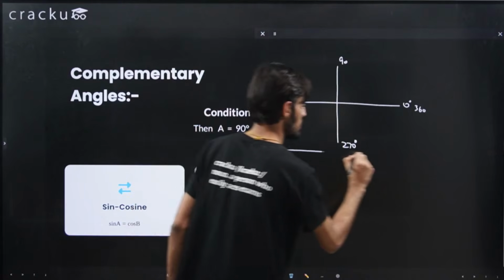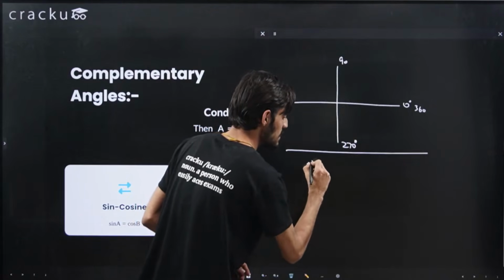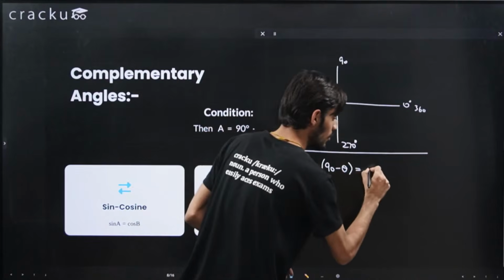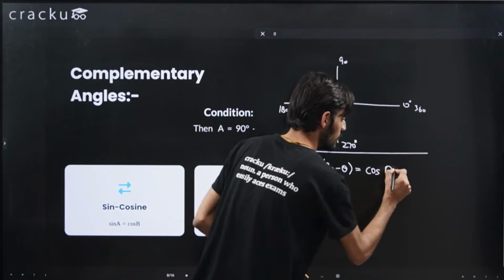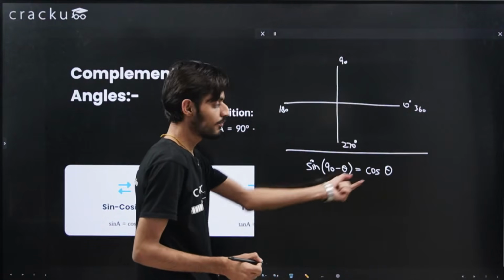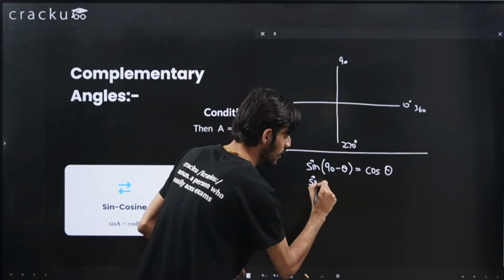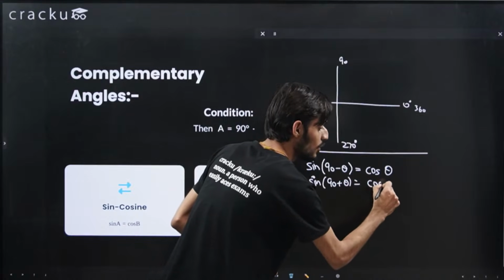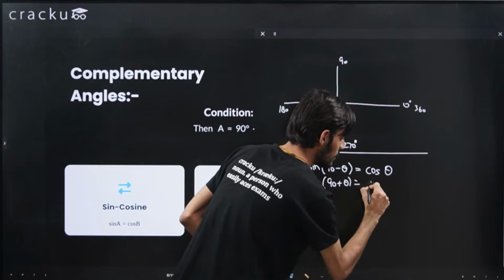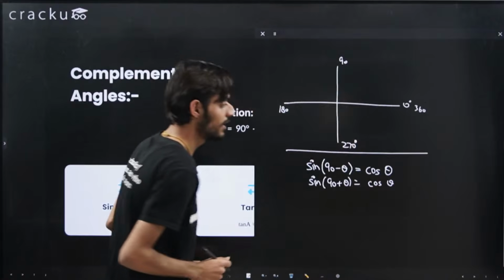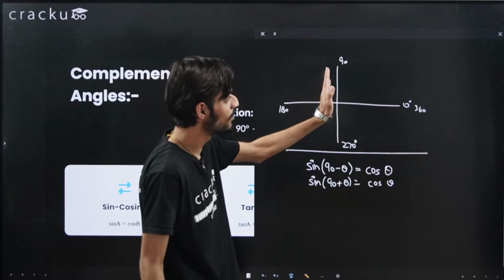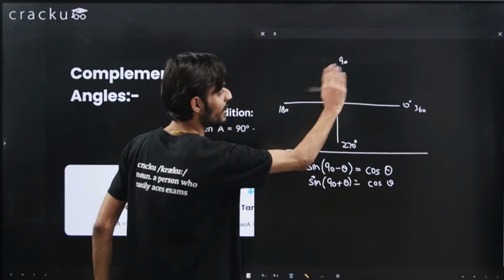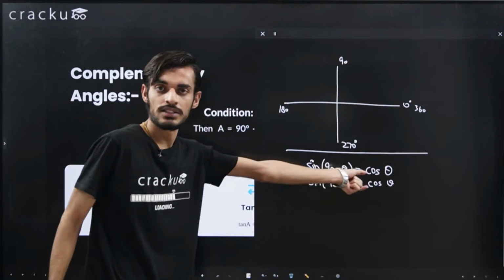What does that mean? If I write sine of 90 minus theta, this will change to cos theta. Even if I write minus theta or plus theta, this will change. So if I write sine 90 plus theta, it will be again cos theta. We'll look at the sign later on, but just looking at the changes that are happening in the identities. When we do plus minus from 90 degree or plus minus from 270 degree, the identities change. So if you are moving from the vertical line, be it here or there, then the identities are getting changed.